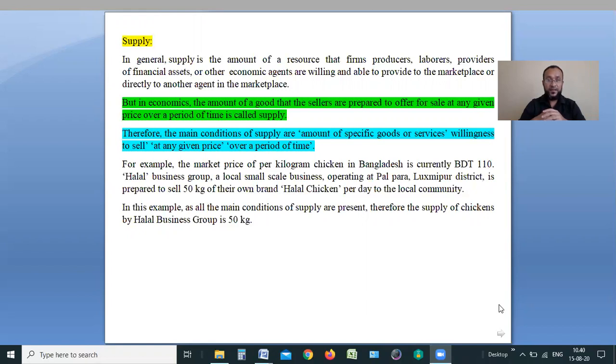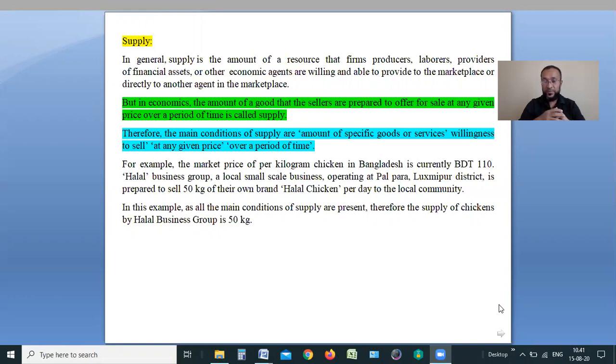Now, if we explain this example, we will see all the necessary conditions for being supply are present here. For example, amount of specific goods or service. Amount is per kg. They are interested to sell 50 kg, so this is the amount. The specific good is chicken, right? Then willingness to sell. This Halal Business Group is ready to sell, so they have the willingness, and at a given price, per kilo chicken 110 BDT, over a period of time